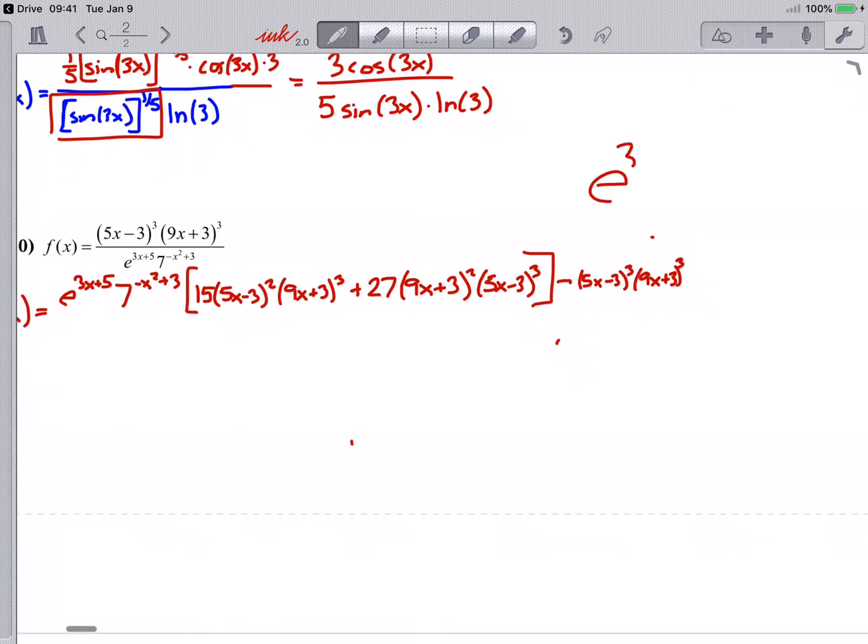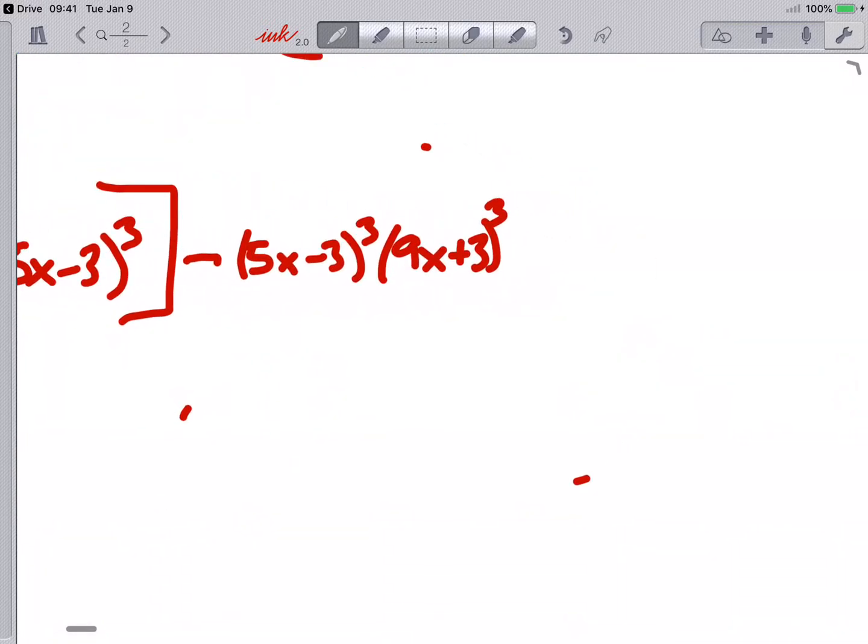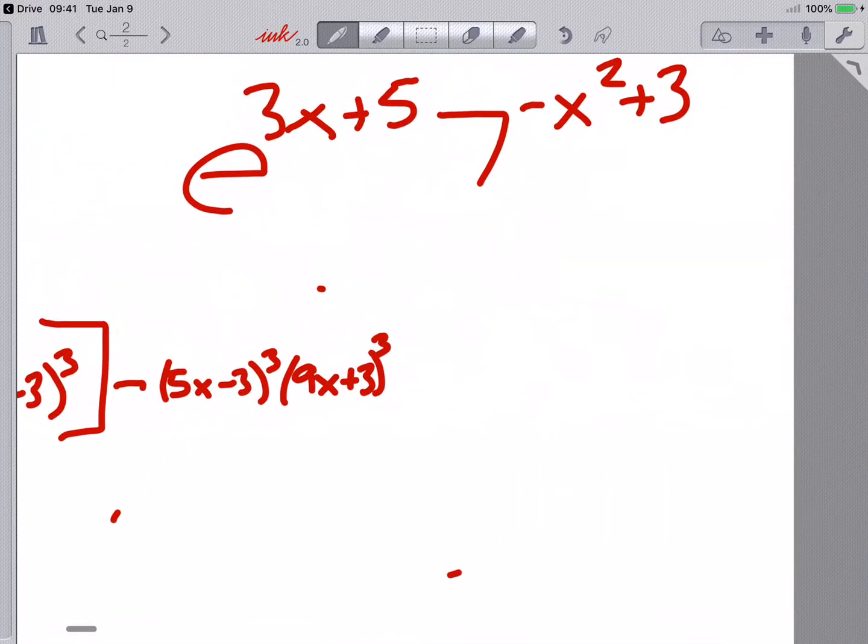Since I'm limited with my capabilities of what I can do, I'll write the bottom here so I can work with it. So times the derivative of the bottom. Again, I got to use product rule. So I'm going to have 3 e to the 3x plus 5 times 7 to the negative x squared plus 3